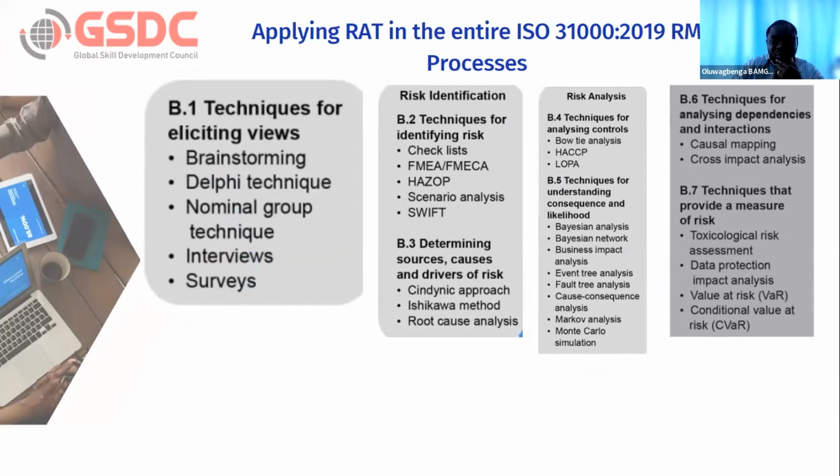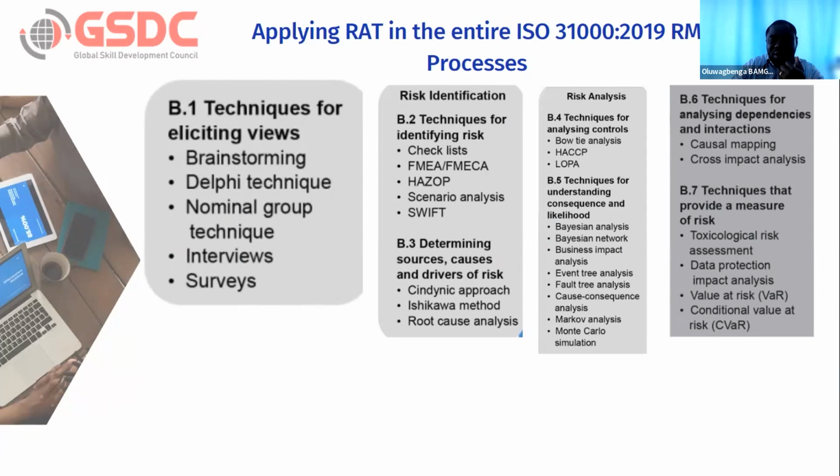We have interviews with people. Then for risk identification, we use B2 and B3, where we can use checklists, or we can use the fourth medium, that's FMEA. We can also use the ASOP, and we can also use scenario analysis, depending on the nature of the project. Similarly, for determining the causes, we can also use B3, which is talking about root cause analysis, which is,